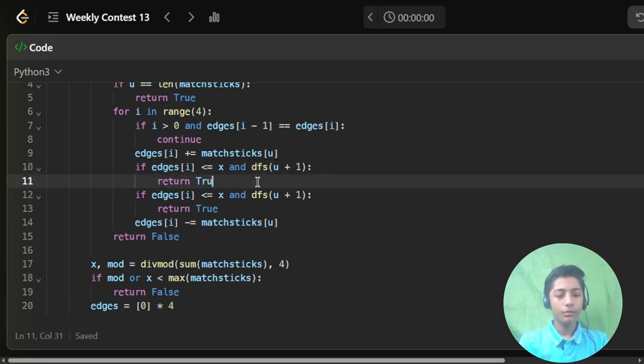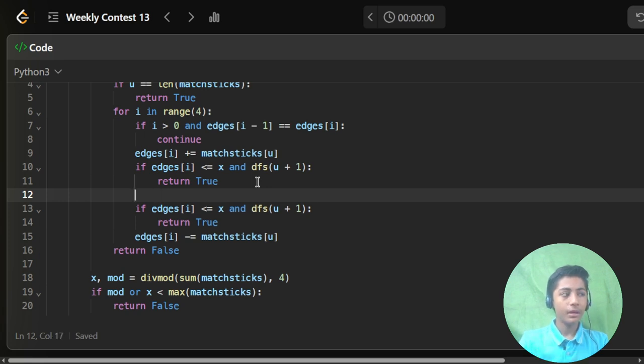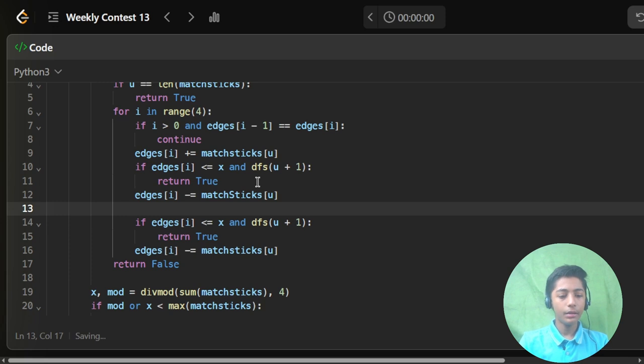then here we return true. Then when I do this, I define edges one more time, edges i minus equals matchsticks u, and then here we return false.